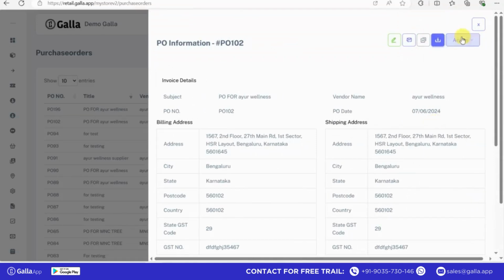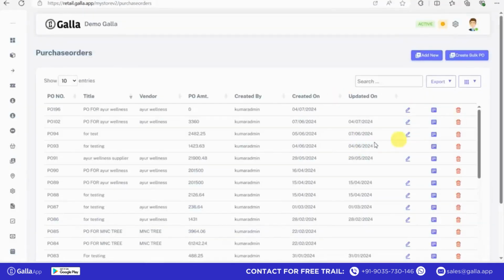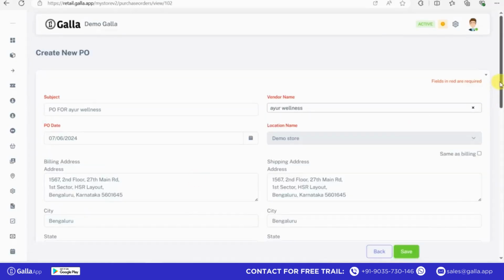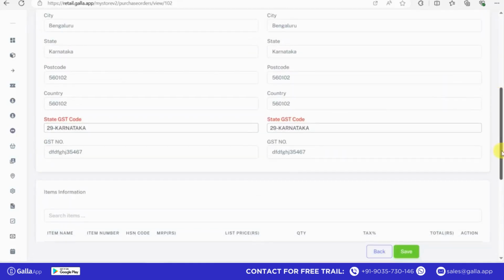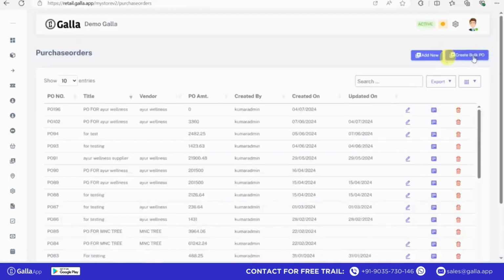Now we have another option, that is action. If you click on this, this says if you want to export the CSV, so you can do it from here as well. So let's say you just want to make some changes, you can just simply use this shortcut, this pen icon, and this page will appear. You can make the changes as desired. It could be postcode, address, anything, whatever you feel like. Click on save and the data will be updated.